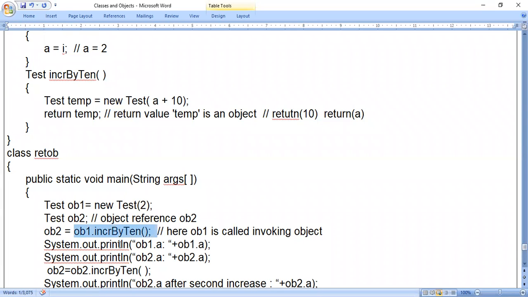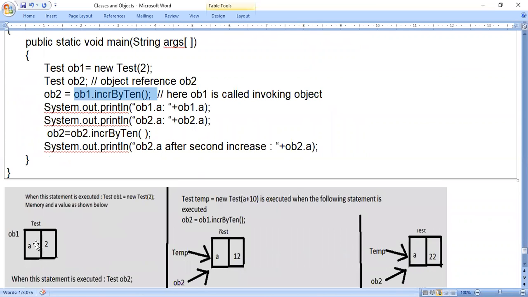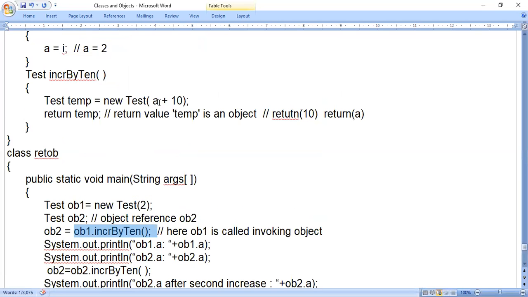Value of the invoking object means you go to the memory. If you go to the memory representation for ob1, variable a has the value 2. This value you have to consider. Understood? Wherever you say invoking object, its value is what you consider. So the invoking object is ob1, and that object's value is 2 for variable a.